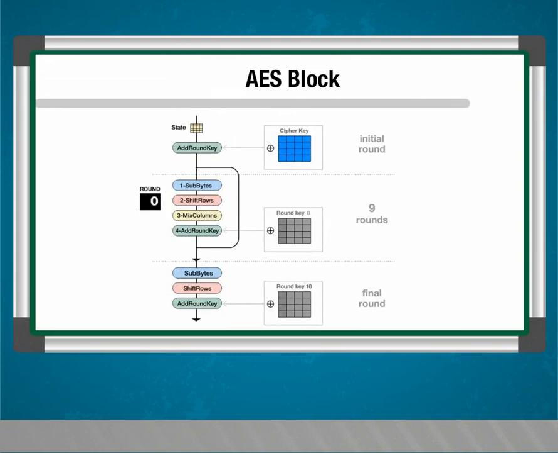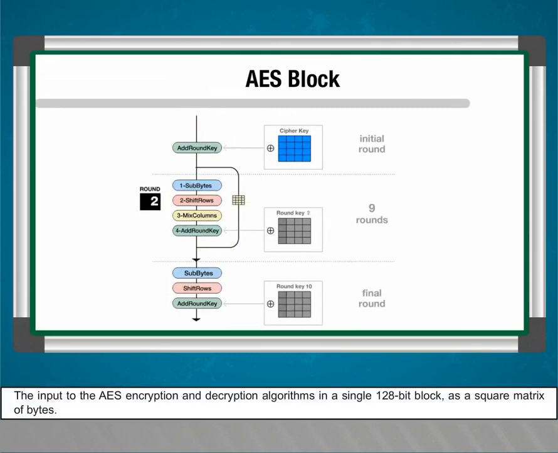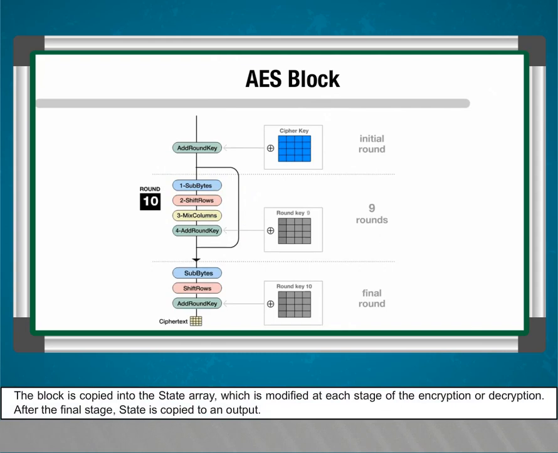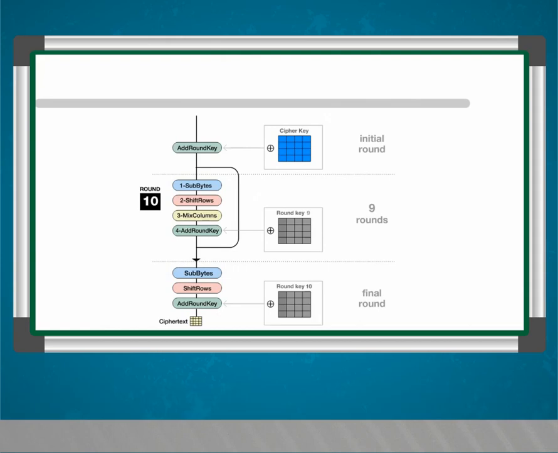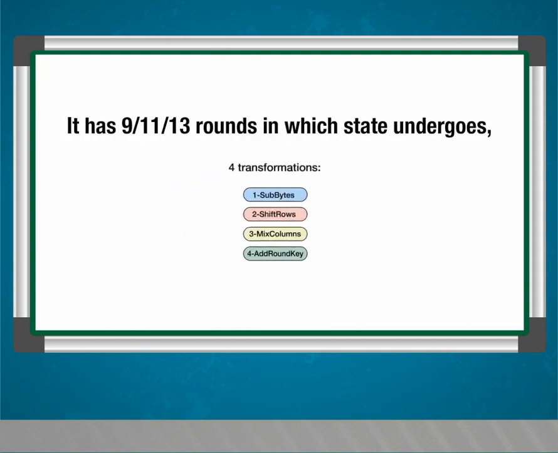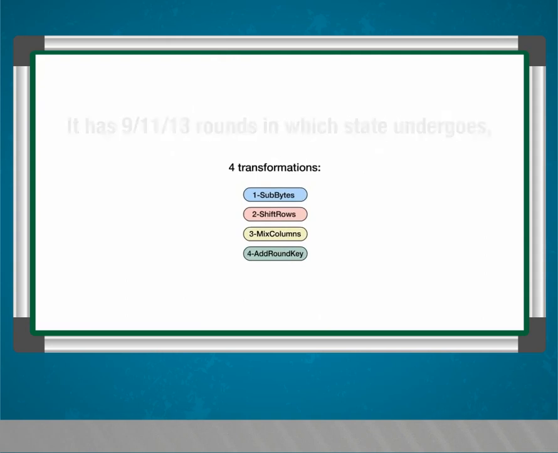AES block. The input to the AES encryption and decryption algorithms is a single 128-bit block as a square matrix of bytes. The block is copied into the state array, which is modified at each stage of the encryption or decryption. After the final stage, state is copied to an output. It has 10, 12 or 14 rounds in which state undergoes: